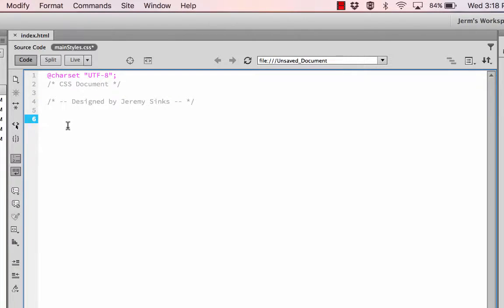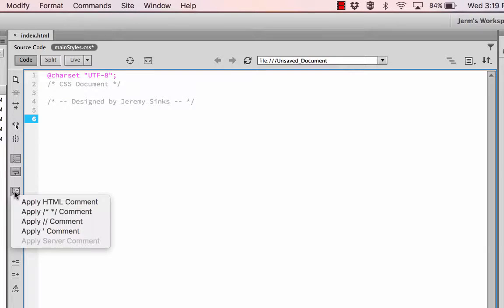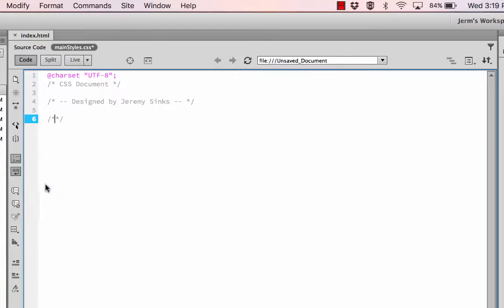Okay, and then I'm going to drop down a couple more lines, and I could do this a little bit quicker. Over here on my left hand side, I have an apply comment button, and if I select the second one down, which is the CSS apply comment, it'll put those asterisk symbols in for me, but I like to use a couple of dashes in here just to get some separation there. So this one's going to be our basic page properties section,